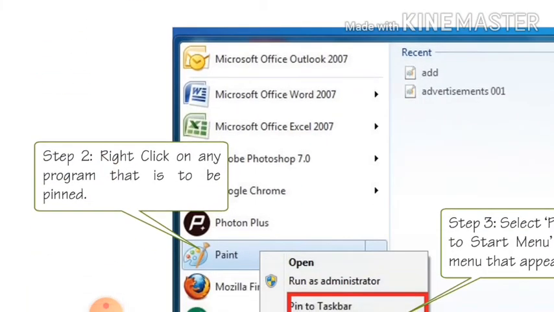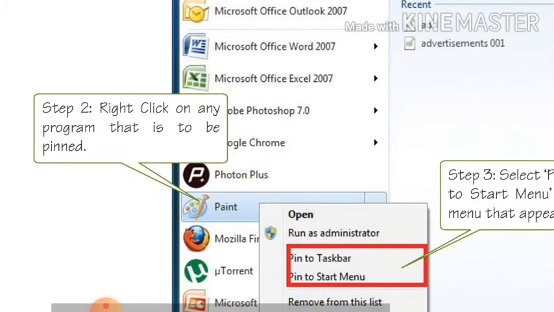Then right click on any program that is to be pinned up. Click on the start, then go to all programs, click on all programs, select the program which you want to pin up at the taskbar. Then on that program you will right click.